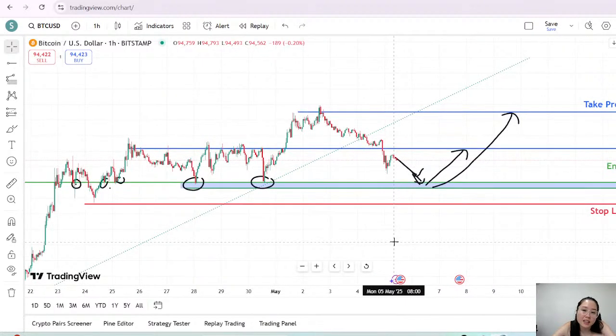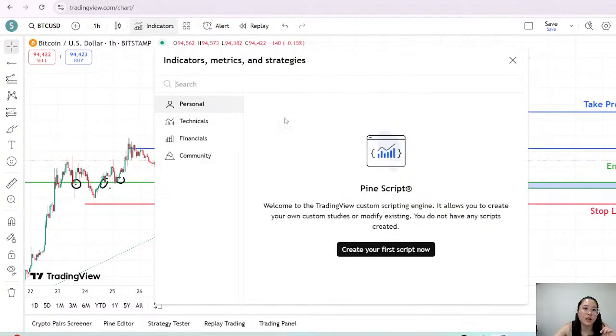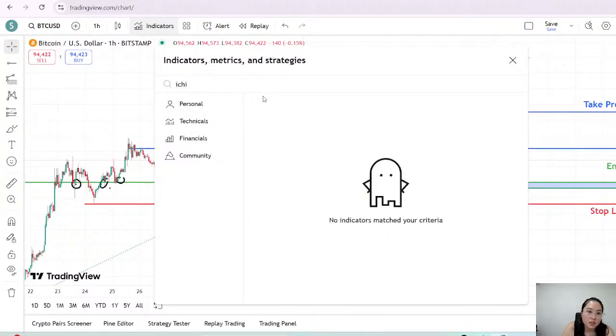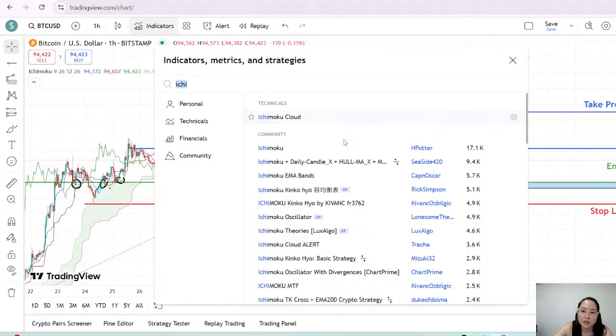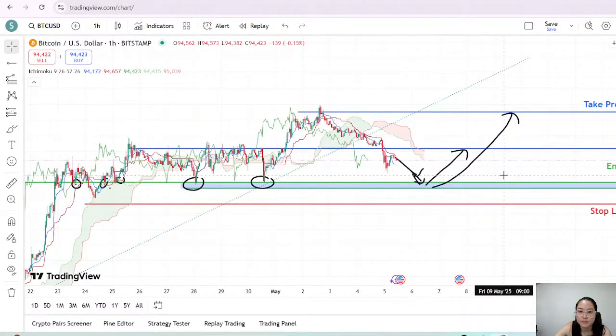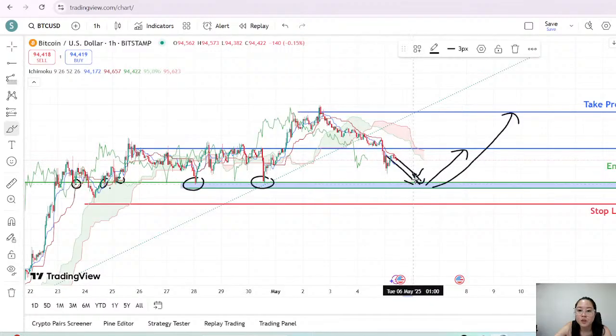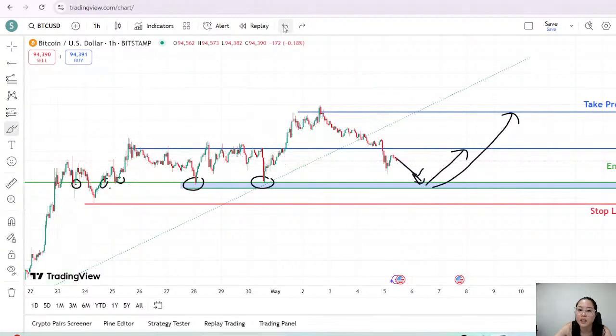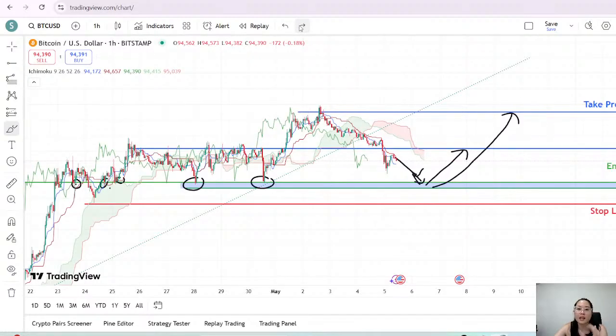Okay, so I have a rough idea of what I want to do with this trade. Let me go and get the consensus of all the other indicators. Okay, Ichimoku saying no. But then again, it could just be because price is currently going down now, right? So when price reaches this area, things might be different, and you need to reanalyze again with the indicators. But do take note that a lot of indicators are delayed, like Ichimoku is delayed, right?